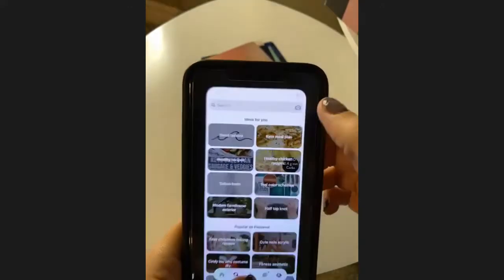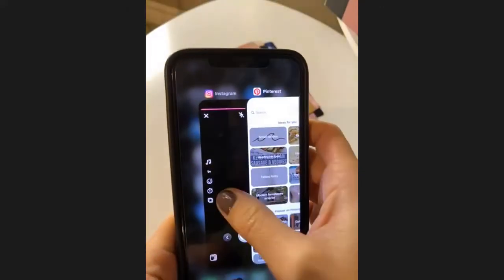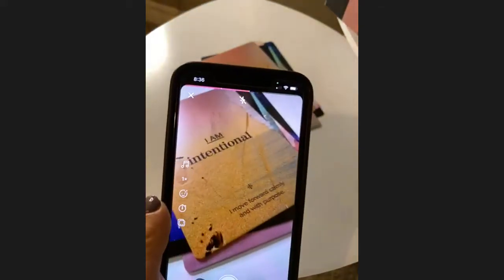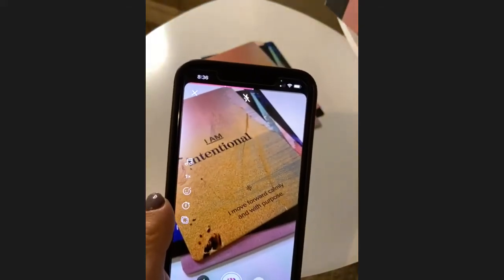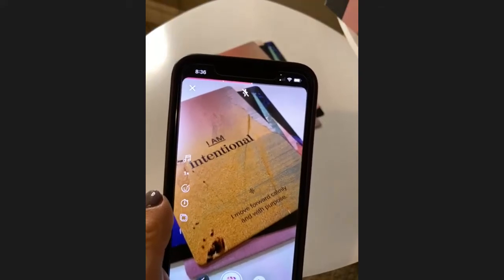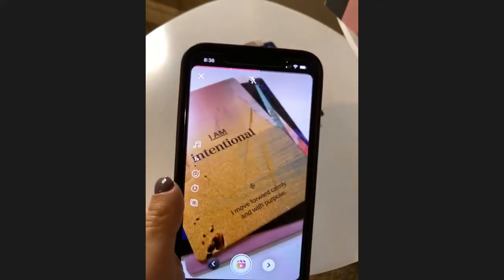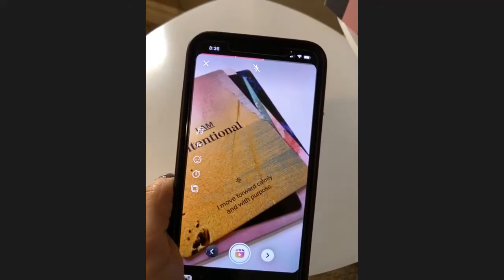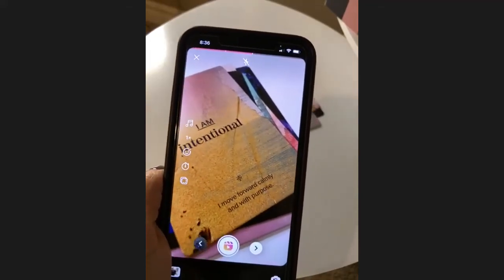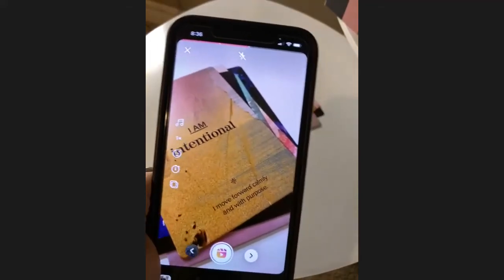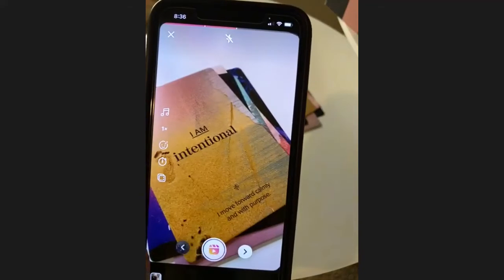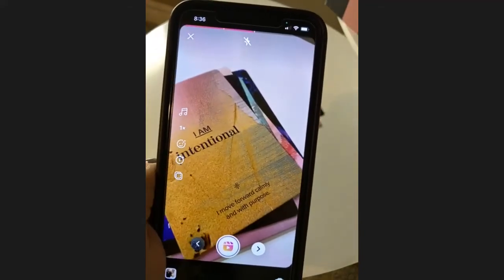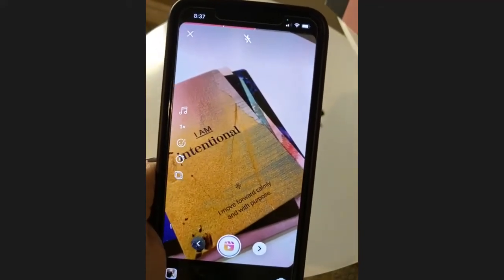So what is something that you've done that nobody else has done, or something that you know a lot about? Did you just get a certificate in something? Did you take a course on something? What is your profession? What can you teach people that they might not know, that you might think everyone knows, but they don't? Go to Pinterest, grab some ideas, go through reels, save some audio,